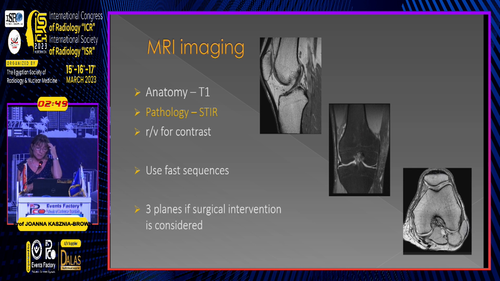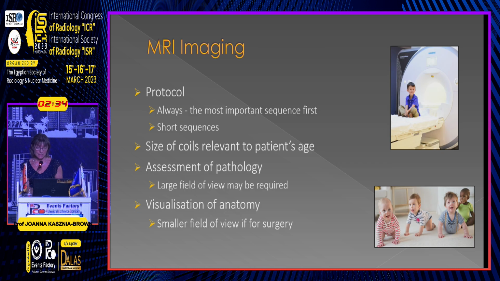And if the surgery is planned, we usually would like to have 3 different planes to visualize the abnormality for our surgeons. And because these children are often in pain, they don't stay still for MRI, we would like to use as fast sequences as possible. So always the most important sequence first, because the patient may decide not to cooperate any longer and we won't